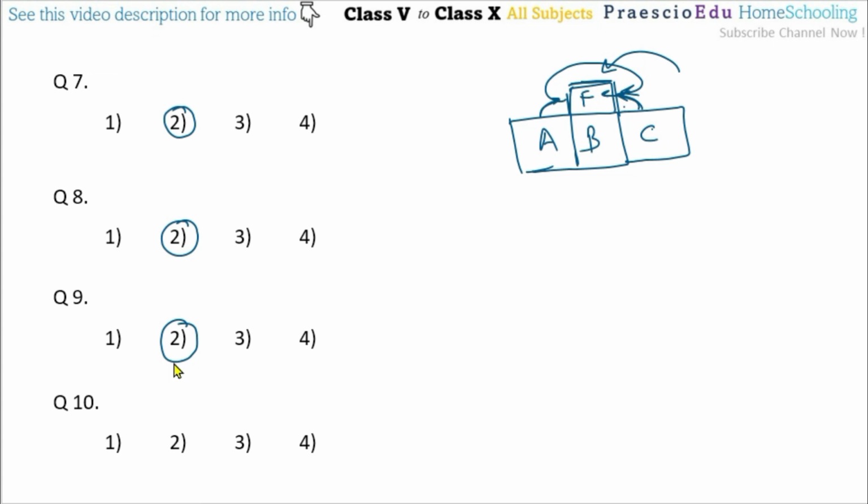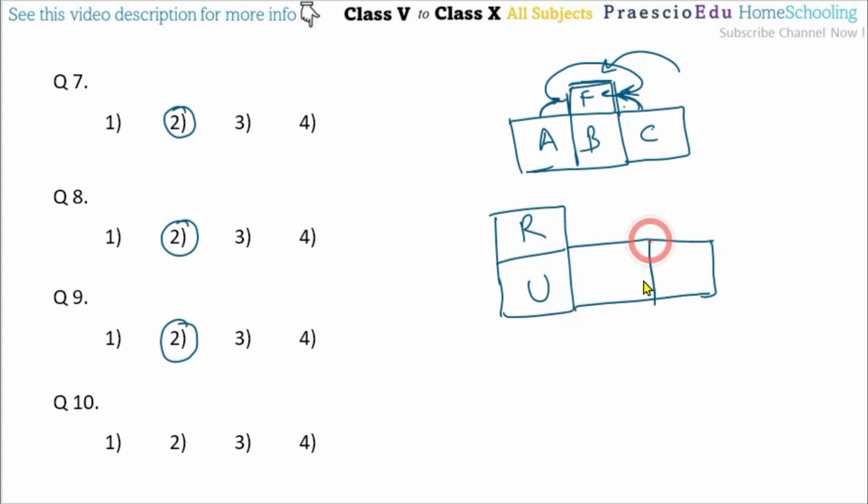Then question number 10: a paper is folded according to the figure and a cubical box is made. Which letter will be opposite to the surface with the letter R? This is very important for imagination. Here R is given and here U is given. Now here the P and A letters are given. After this, the L and the I. These are the two surfaces given here. L is there. Now we have to find the opposite of R.